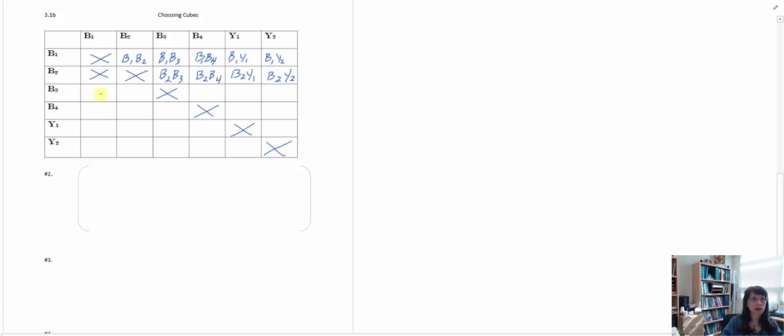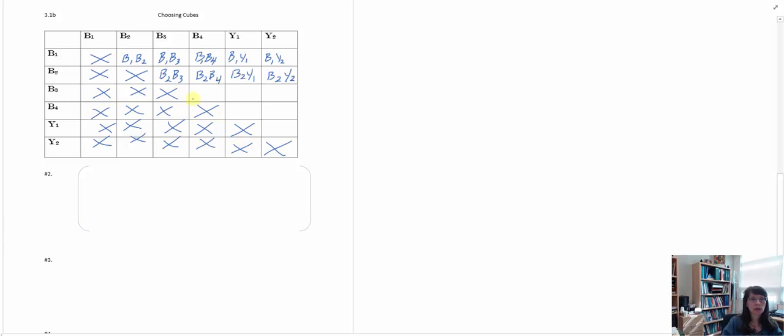Block 3 for blue paired with blue 1. Notice we already have that combination written down, so that's going to be a duplicate. Blue 3, blue 2, we already have that combination. So you might notice what's happening here below this diagonal. All of these combinations below are going to be duplicates of what we are writing down above. So I'm going to eliminate all of these duplicates right now so that we can concentrate on only the unique